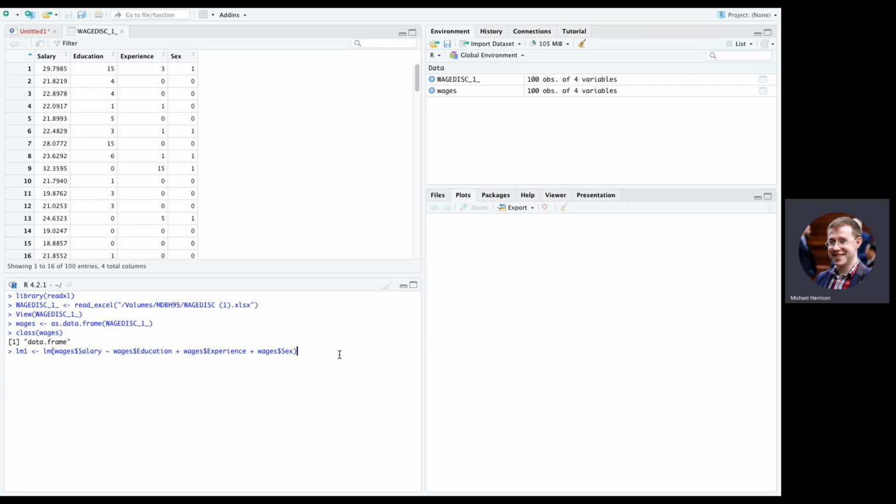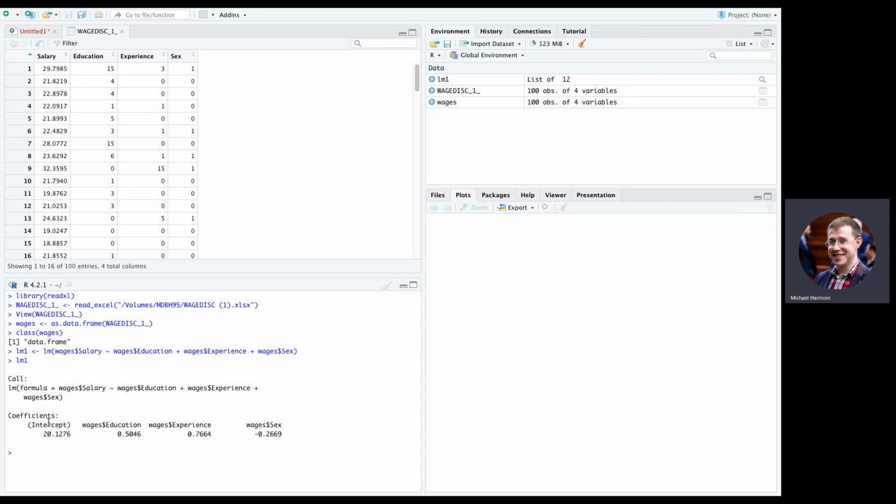If you do run it with an error, you'll get a load of red text and you need to go back and look at it. So if I press enter, that should create a new object up here. It doesn't show me anything, but if I just key lm1 return, I get to see the equation that I've run. I get to see the constant term, and I get to see the beta coefficients. Now, that's enough for me to actually just interpret the model. That will get me sign and size,